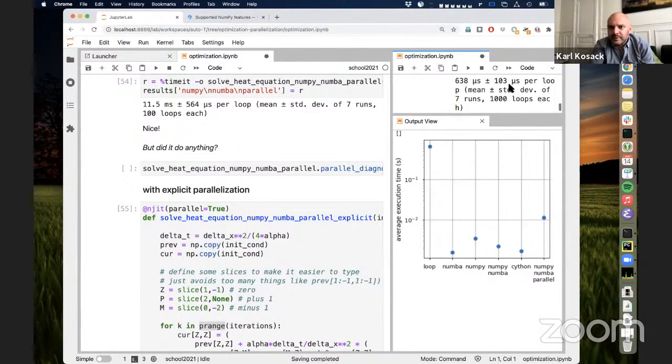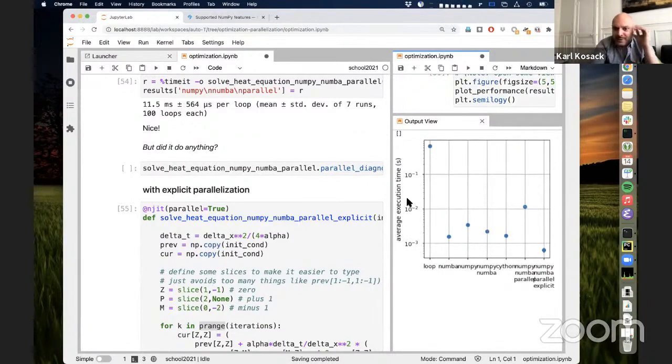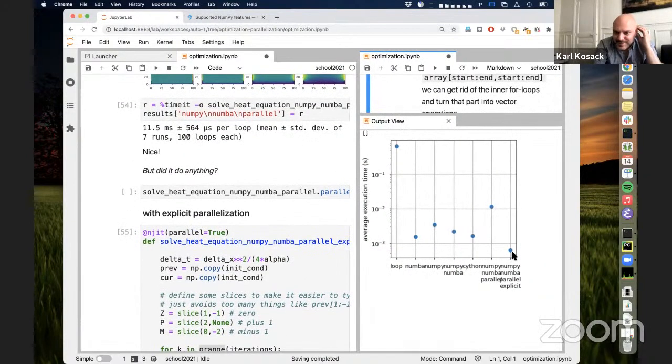I think I have the wrong... I'm somewhere off my plotting script here. Sorry about that. That was my plotting. Okay, so you notice it went... Okay, great. First of all, I say great. Okay, it's much faster, right? So telling it that we could parallelize that outer loop was really great. We got it much faster than Numba and Numpy, everything.